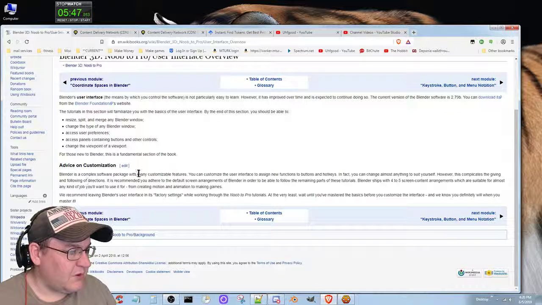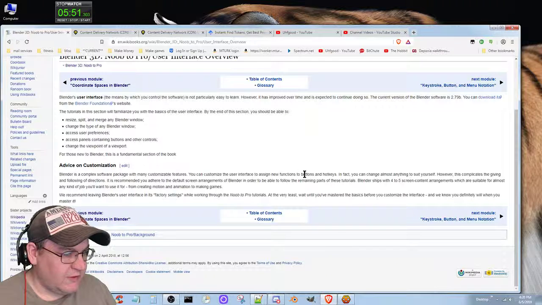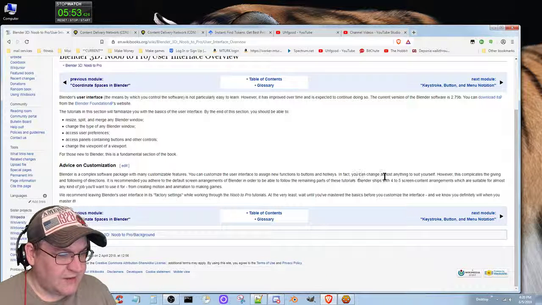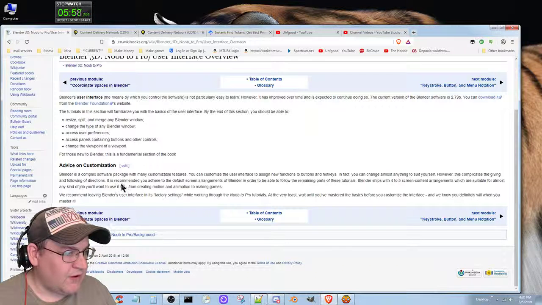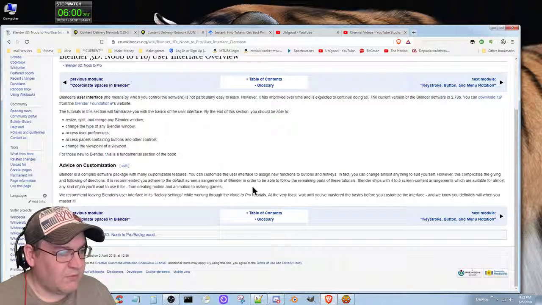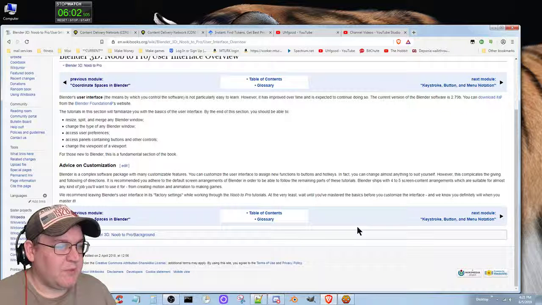Advice on customization. Blender is a complex software package with many customizable features. You can customize the user interface to assign new functions to buttons and hotkeys. In fact, you can change almost anything to suit your style. However, this complicates the giving and following of directions. We recommend you adhere to the default screen arrangements of Blender in order to be able to follow the remaining parts